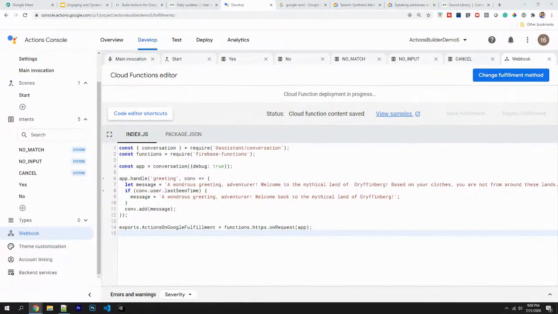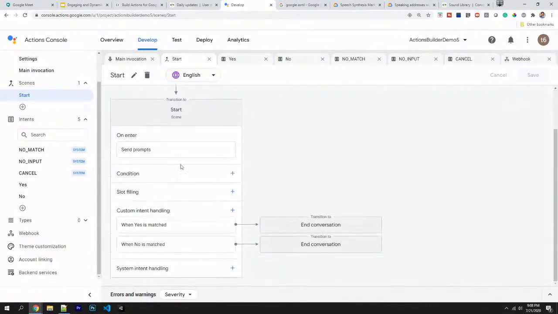How to cancel some function that I enter. I'm not sure exactly what you mean by that, Ali, but you can definitely have different conditions. There's something called conditions within the scenes as well. So you see here, conditions. Think about you have to capture different information from the user. For example, let's say you want to capture the name and phone number of the user. You need to capture that information. So you can add a condition over here and say that until those entire slots, and this is called slot filling, are filled, it continues. And again, all of this is mentioned in